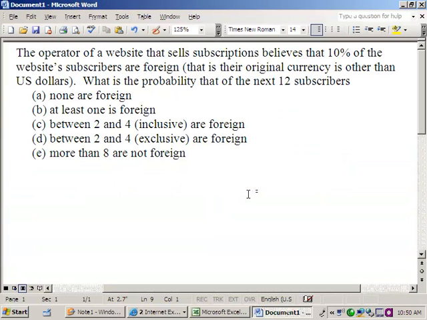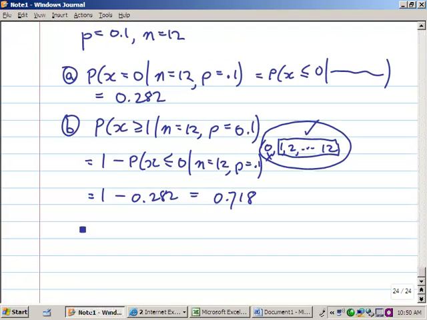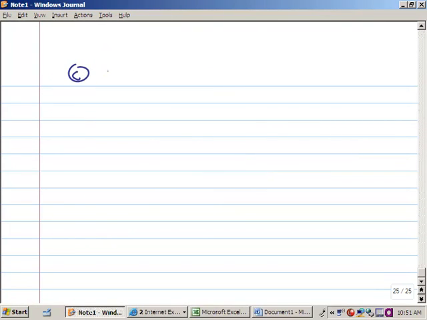Let's look at question C. Between 2 and 4 inclusive are foreign. Trying to be precise here. Inclusive means including the limits of 2 and